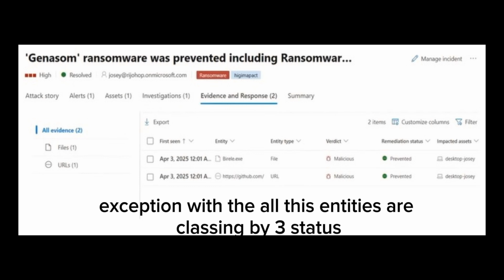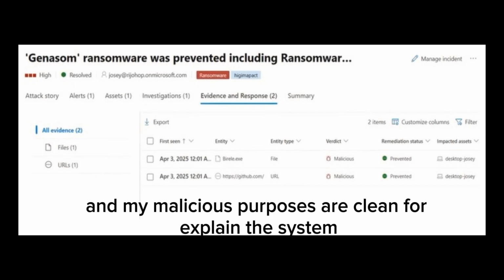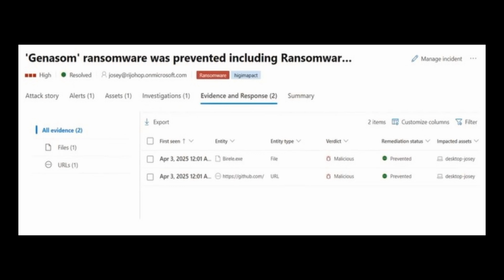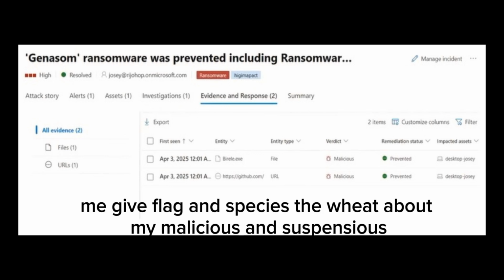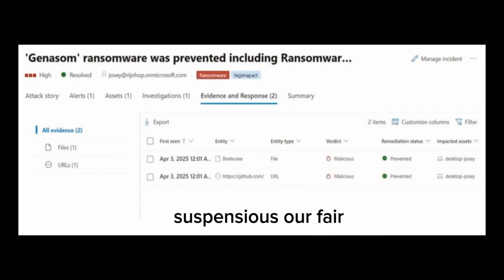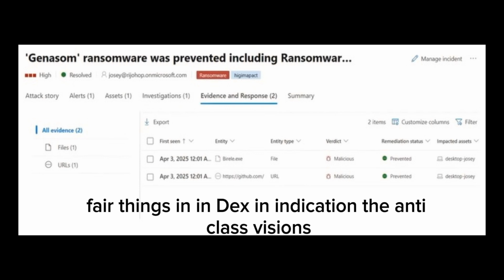These entities are classified by three statuses: malicious, suspicious, and clean. The system flags and specifies the entities that are malicious and suspicious.